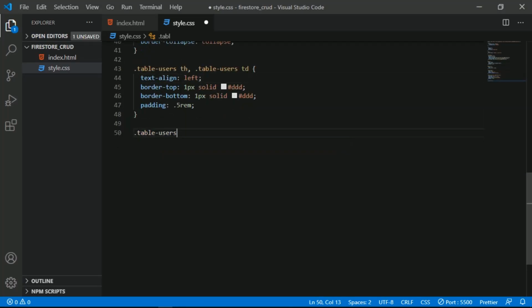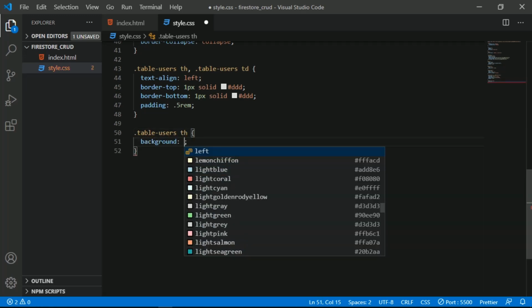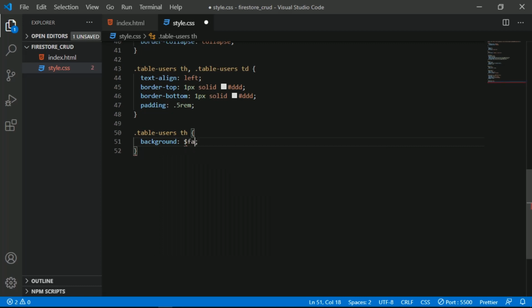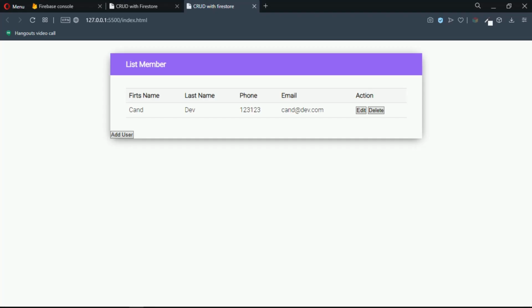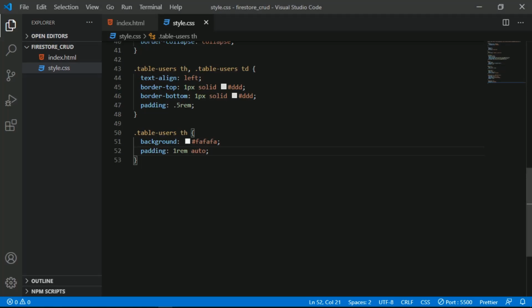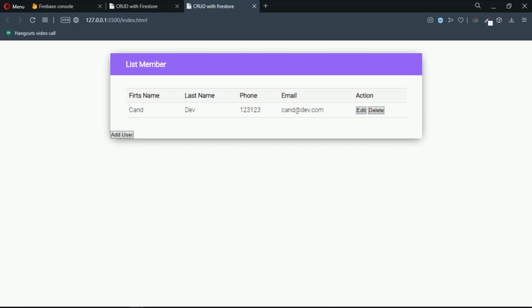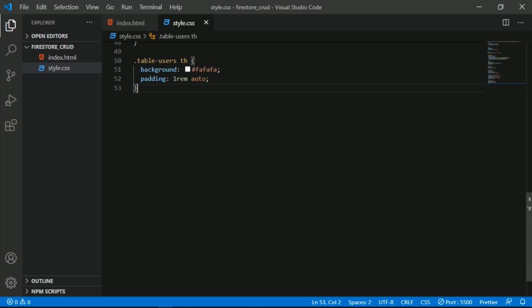I want to grab the table user th, and I want to say a background into, say #f0f0f0, not dollar but #f0f0f0, and I want to say a padding top 1 rem and auto left and right. Wait, auto. Save, and here we go. Okay, so far so good. The next thing is we need to style the button right here. So let's grab the button